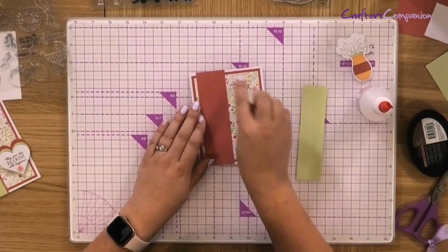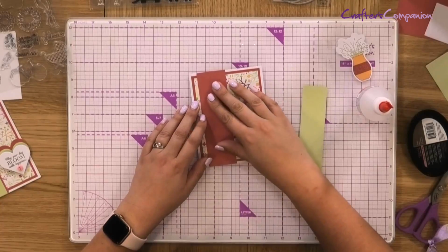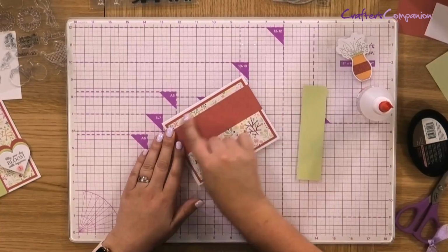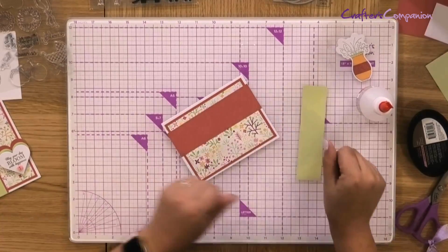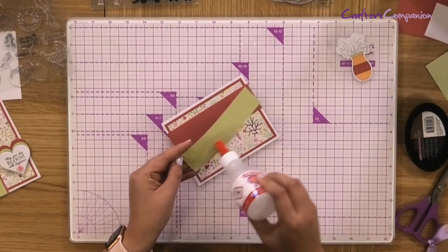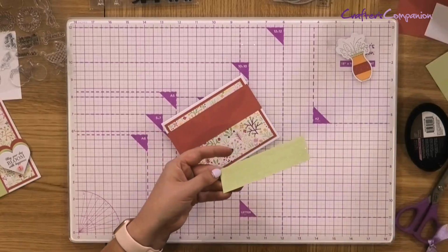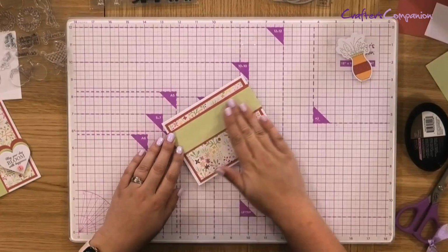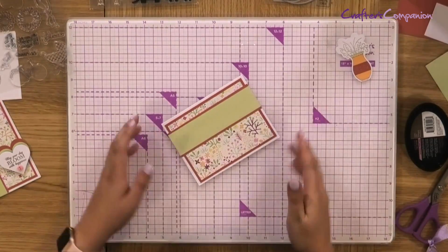So can you see I've done that, not the size of the mat and layer, I've done this the full length of the card, and actually that's a little bit far along, so I've just got that manoeuvrability, and then the bit that's oozed out just easy rubs away. That's what I mean when I say it's great to use a glue like this. You know, use your all-purpose glue, and you've got that time to correct any mistakes. Or we don't have mistakes in craft, we just have a few happy accidents or change our mind as we're going along. Right, so there's the base of the card ready to go,